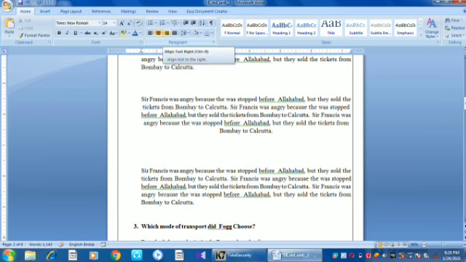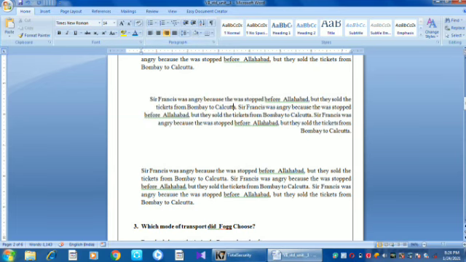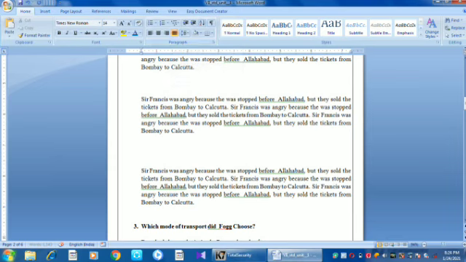Okay, then this is the right alignment. Right alignment means the right side is even, the left side is uneven. The last one, justify, means both the sides are even, left side and right side text are all aligned as even. Okay, suppose we can use the shortcut keys to make the 4 alignments. Suppose we want to make a left alignment, we can press Ctrl plus L, it will be left alignment.